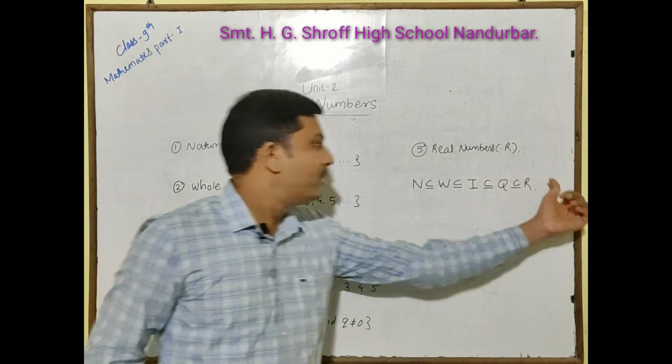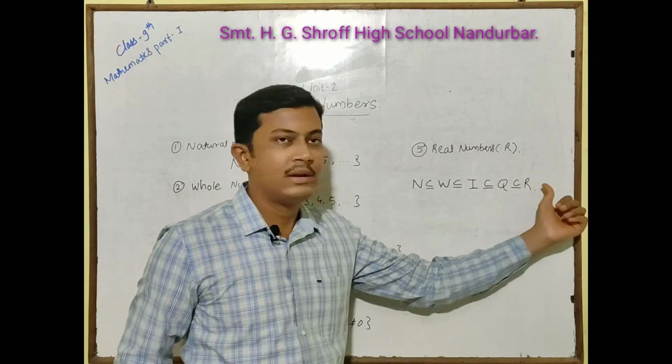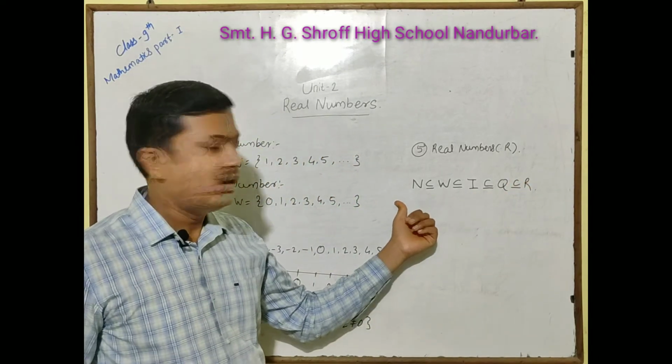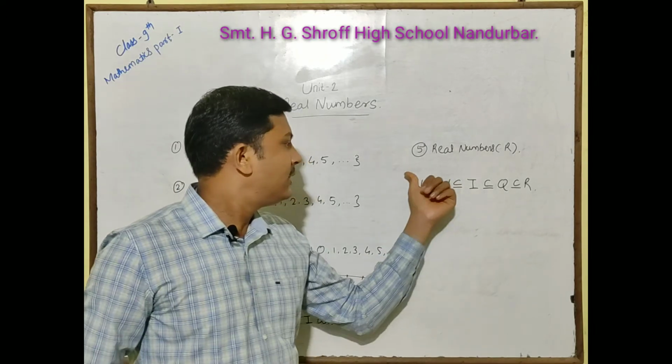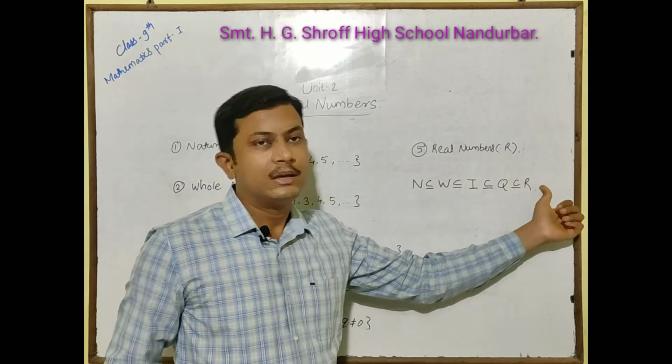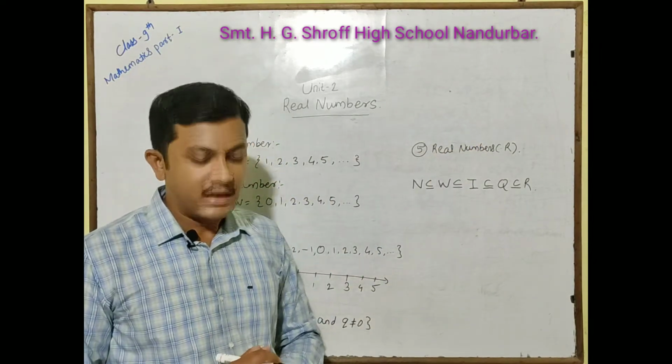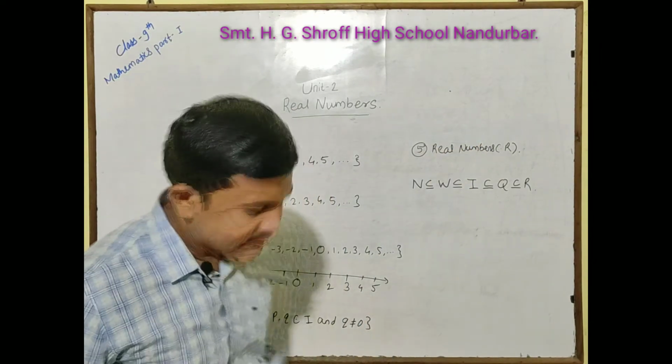So real number is a universal set, or you can say a superset of all such sets. All the elements of these sets are included in the real numbers. So real number is a combination of rational numbers and irrational numbers. Next is